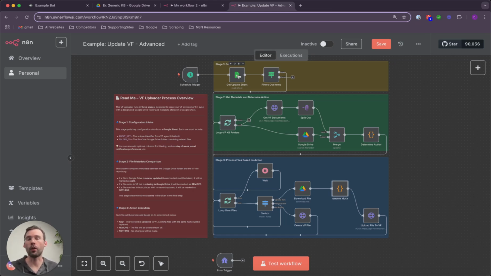So it'll cycle through all the items in the Excel file. It'll upload all the knowledge bases for all the AI agents that I have. And I don't have to worry about running, and I don't have to recreate this entire workflow for each AI agent that I have. I can just have one and just add it to the Excel spreadsheet, and it'll automatically follow this more complex process. So